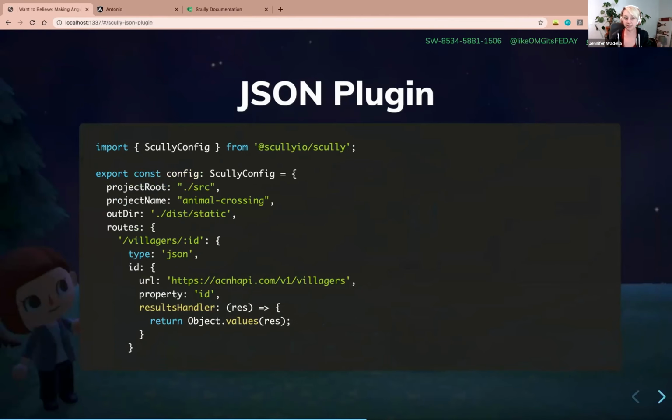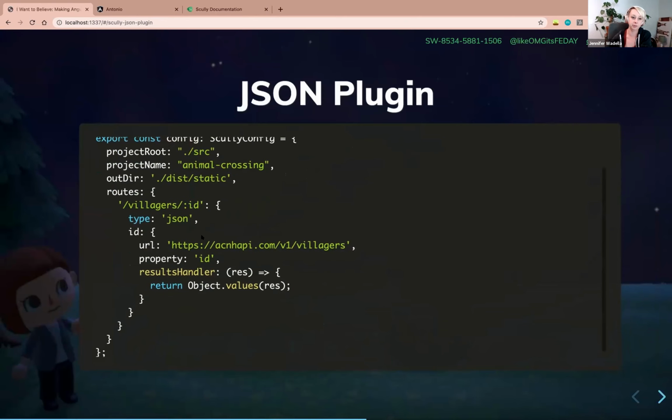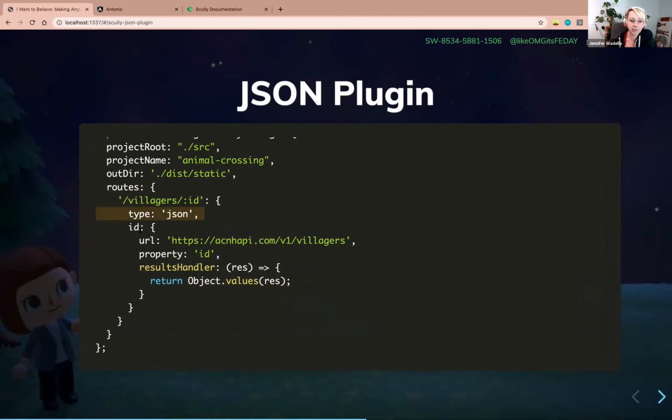So in practice, the code that I just described is going to look a little bit something like this, where this routes is taking our route config. I'm passing in the specific route that I want to provide Scully instructions on how to handle. And then I'm using our JSON plugin, and then this parameter here is whatever I care about returning. So I want to return that :id. That's the information that I'm providing to Scully.